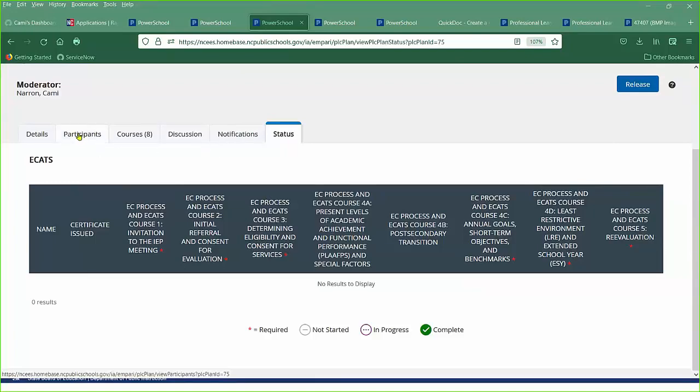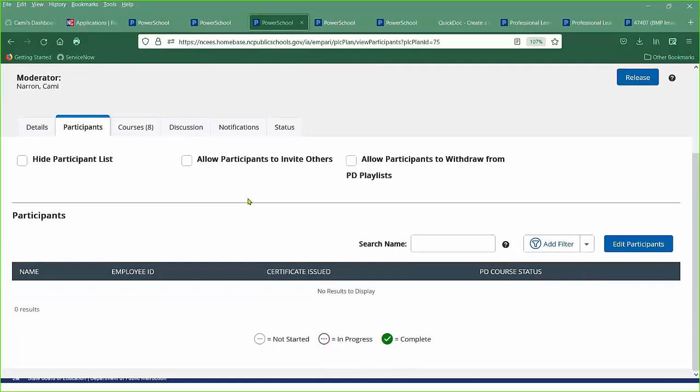To add your participants is back on this tab. Up here is, do I want to hide my participant list from everybody seeing it? Do I want to allow participants to invite others? I'm not sure why, but you might want to do that. And do I want to allow participants to withdraw from a playlist I've added them to? And then here we go, we can edit participants,